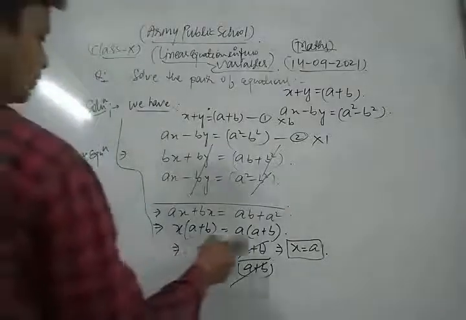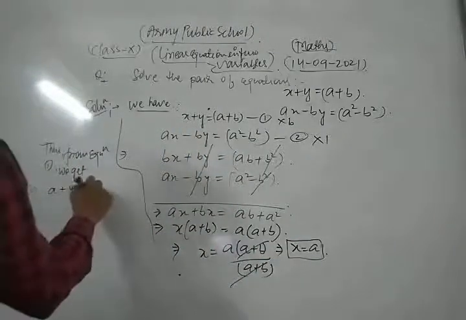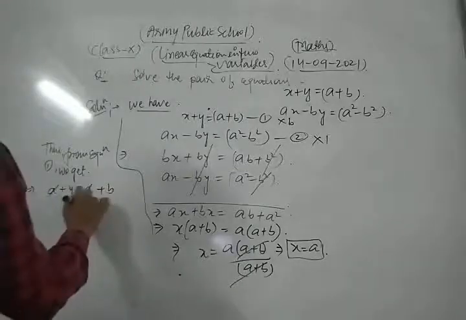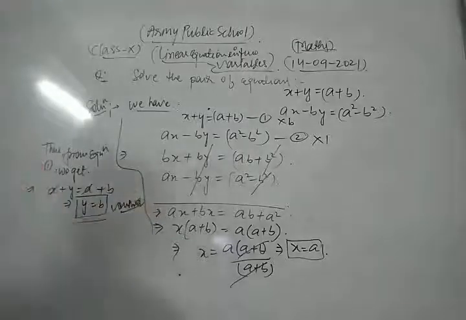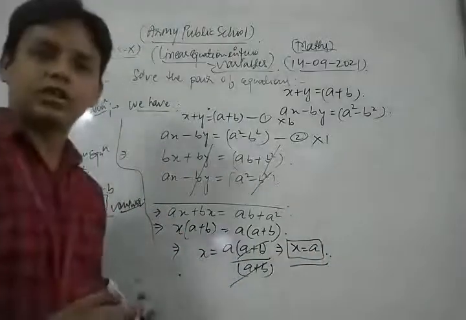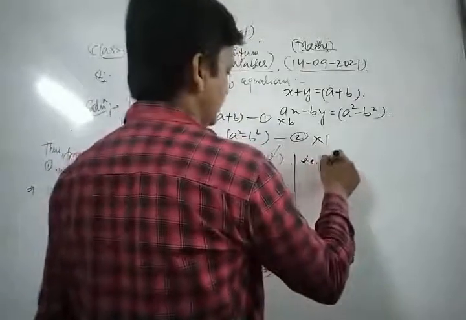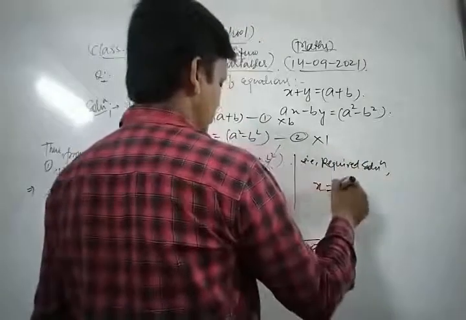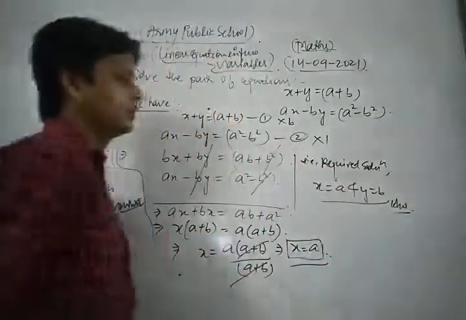we just put the value of x as a. So here a plus y is equal to a plus b. Now a cancels, so y is equal to b. In this way the value of y is b and the value of x is a. So the required solution of this pair of equations is x is equal to a and y is equal to b. This is the required solution